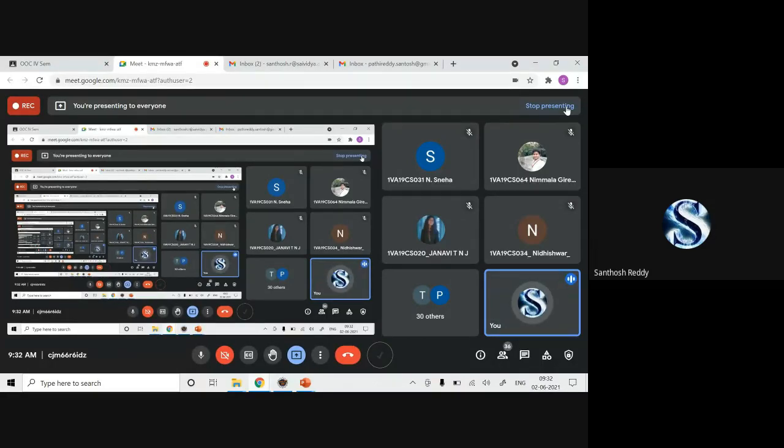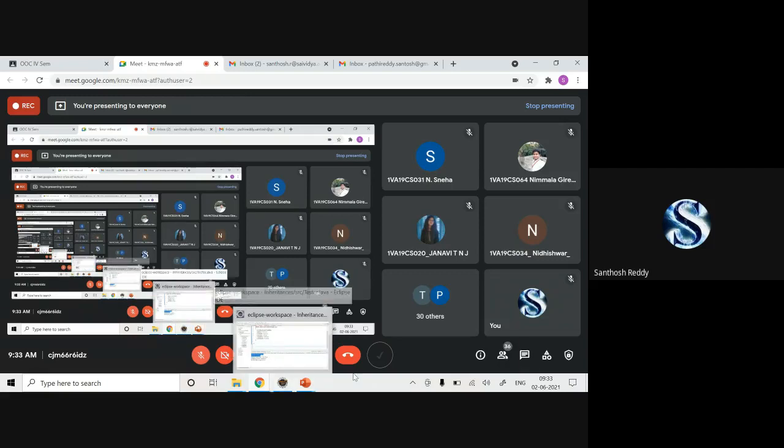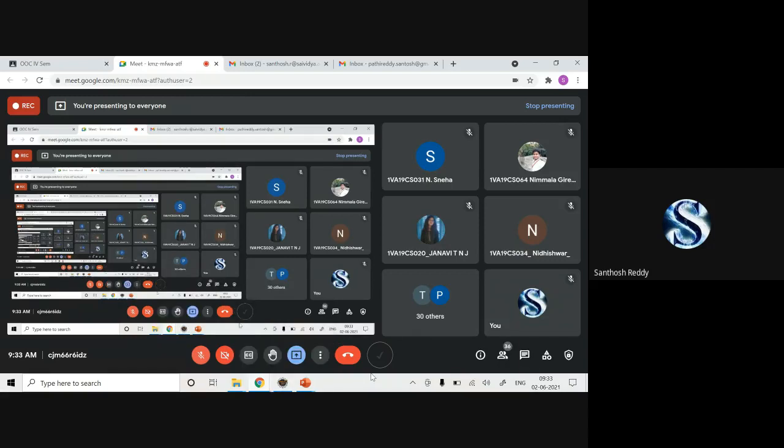Try it out right now, everyone. You have to implement multi-level inheritance.